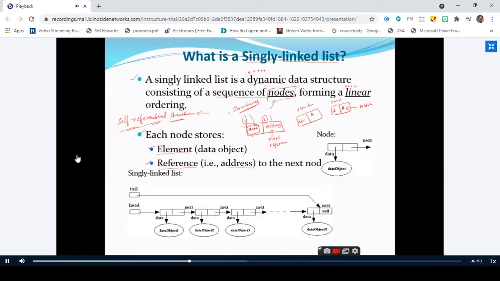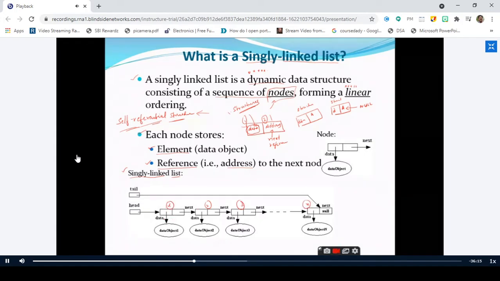But one thing you should remember is that the node can be divided into a number of parts. It's not only 2 parts. Is it clear up to this point? Yes, sir. So here is an example diagram to illustrate a singly linked list. We'll see what this singly linked list is in the coming slides. So how many nodes are there? This is one node, this is the second node, and this is the third node. Like that, we have n number of nodes.